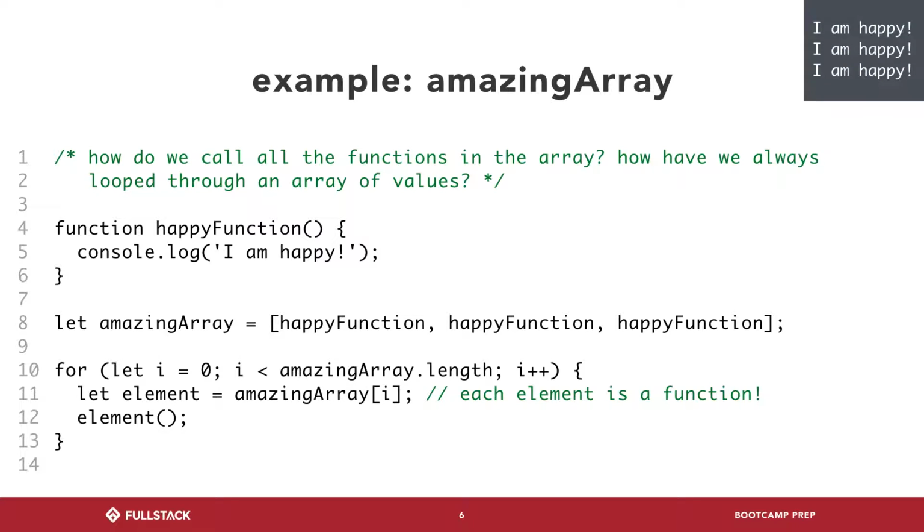Here, we can also create the amazing array with this instance as well, right? We use brackets to create an array, and we just write happy function, happy function, happy function. And this will do the same exact thing as the previous slide, where we're creating an array of length 3, and each of the elements in that array is going to be the function itself, right? So this does the exact same thing as the previous slide,